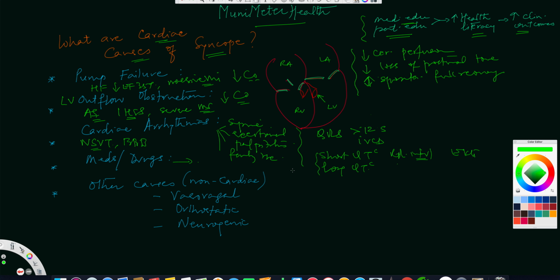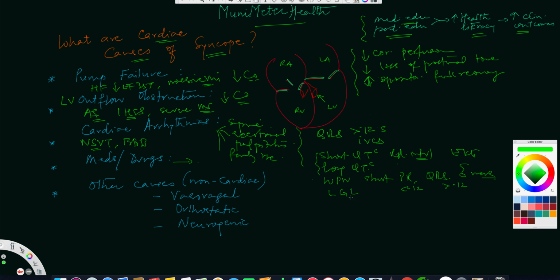Now, the other causes, for instance, is there a pre-excitation syndrome present, like a WPW? Wolff-Parkinson-White syndrome implies that there's a short PR. That's a very easy thing to see on the EKG. A prolonged QRS, more than 0.12. PR is short, 0.12 or less. QRS is more than 0.12. And there's a delta wave. We call it a delta wave, which is like a little slurring of the upstroke of the QRS. So that's WPW.